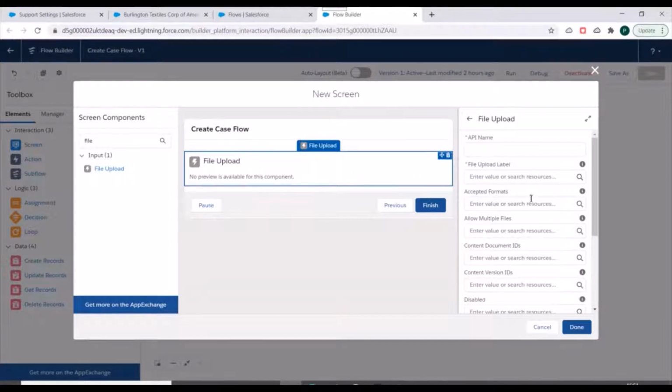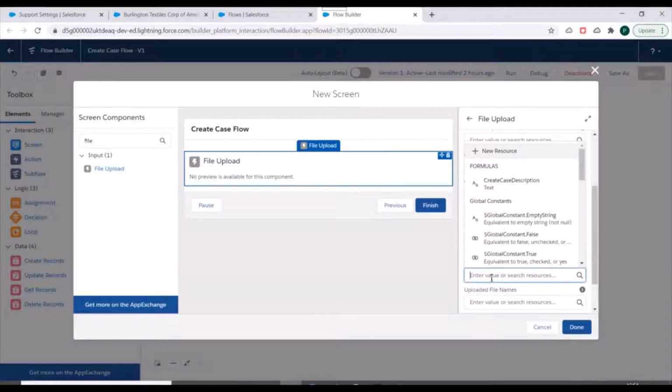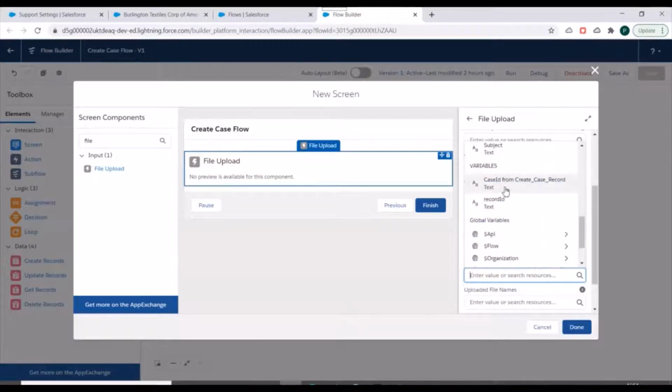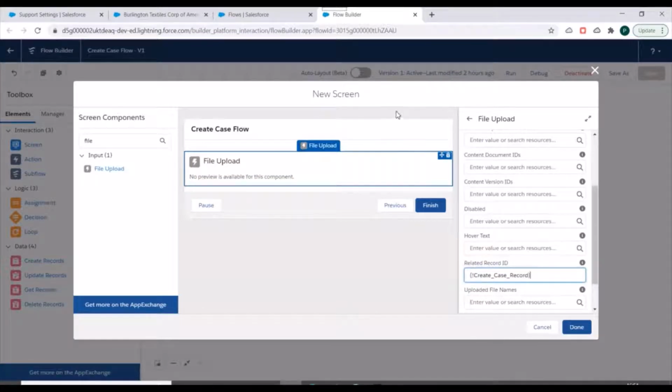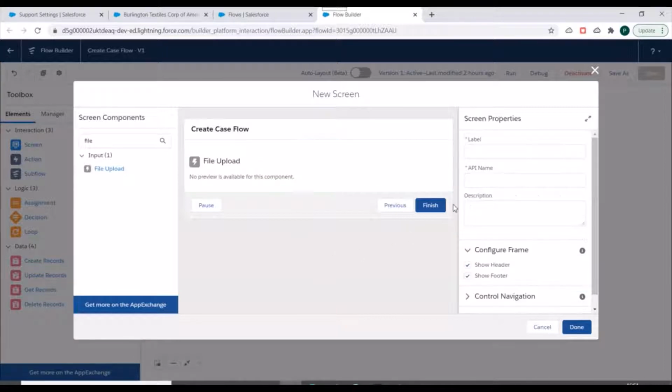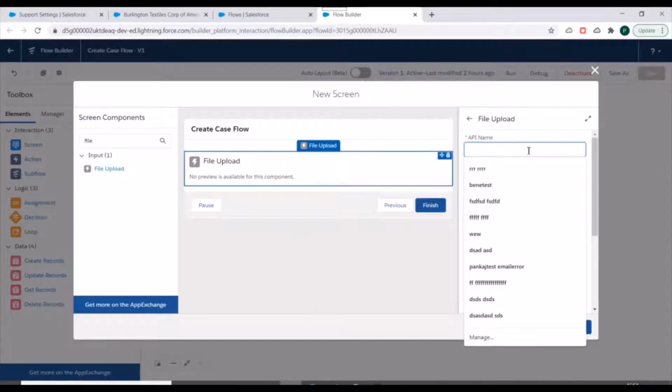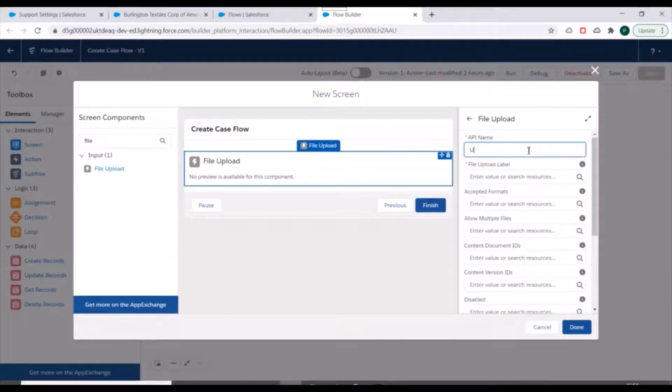So we'll specify the related record ID as the case ID from this case create record. And the API name for this will be upload file with case.